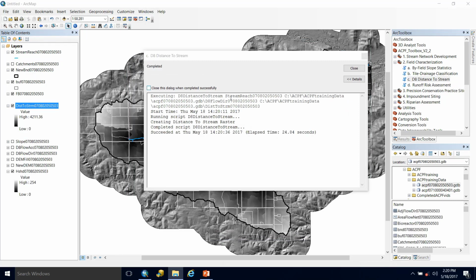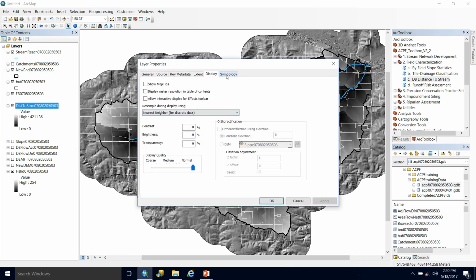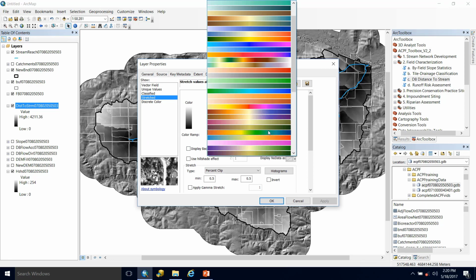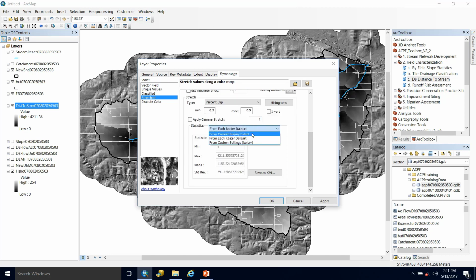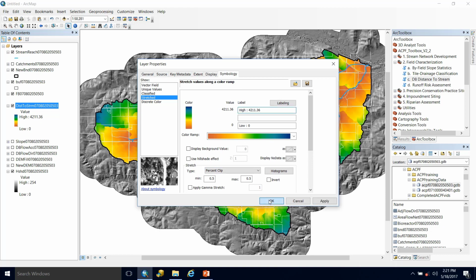Alright, it's just finished running. We'll close this, and we can see it's been automatically added, but let's give it some color to make it stand out. I'll give it this color ramp. As I always do, I'm going to change it from current display extent. It's on percent clip, which is fine. Hit apply.